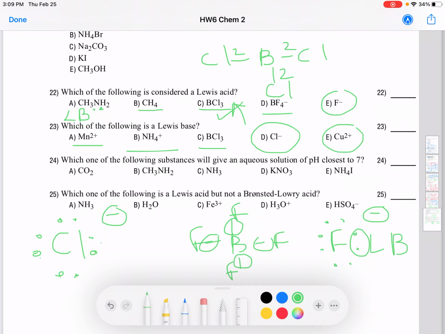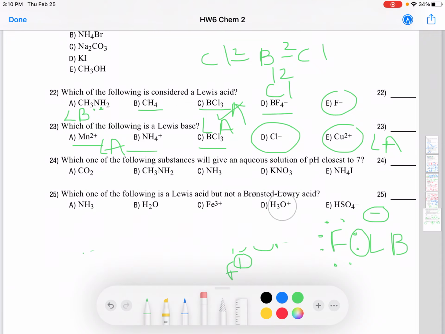And copper 2 plus. Again, 2 plus meaning that it has lost electrons, meaning it can gain electrons but it cannot lose. Right? So this again can be considered as a Lewis acid. So this is also a Lewis acid. This can also be considered as ammonium ion. It's not a Lewis acid, it's a Bronsted acid. And manganese 2 plus is also a Lewis acid. Okay, so now we found what the Lewis base is. The next one,